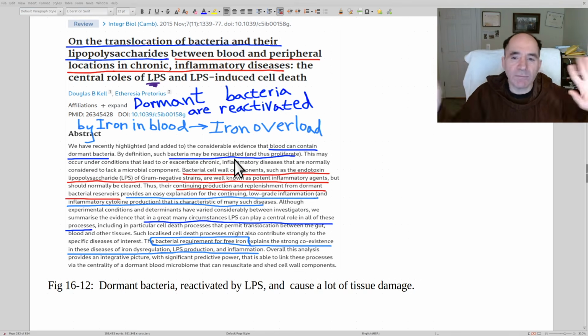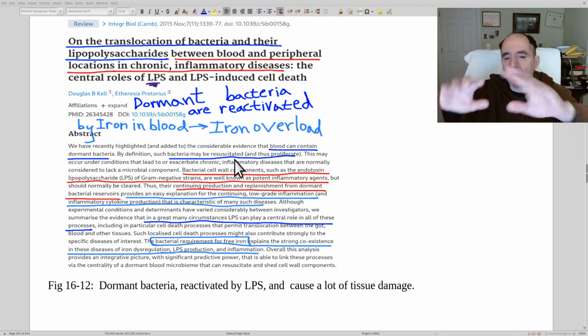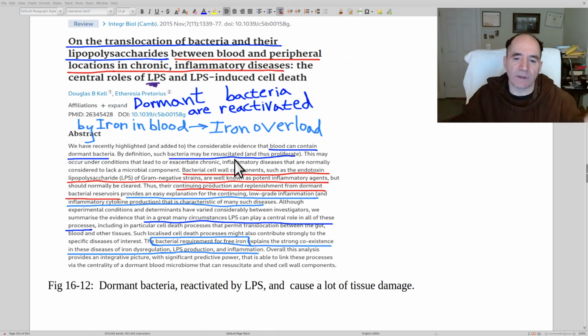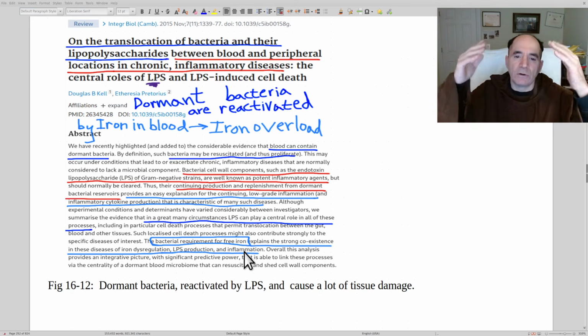And usually the same things that make you healthy for one thing will often make you healthy for another thing, so a lot of times you can simultaneously fix a bunch of problems. Okay, the bacterial requirement for free iron explains the strong coexistence in these diseases of iron dysregulation, LPS production, and inflammation. And you can also see how he was even talking about how one molecule of LPS could lead to